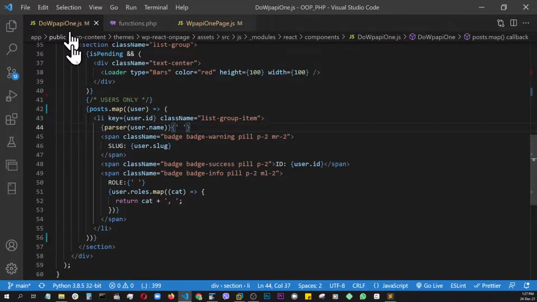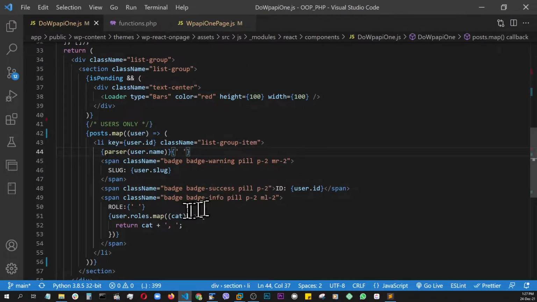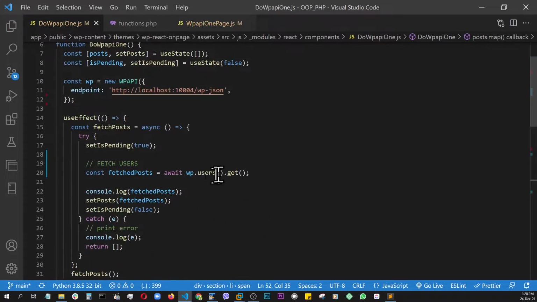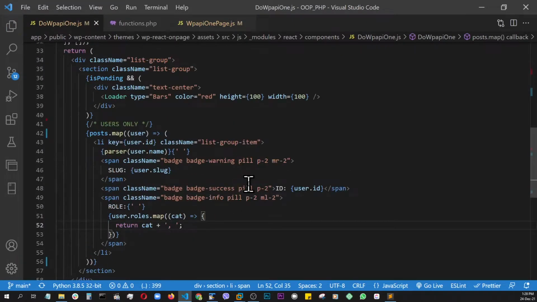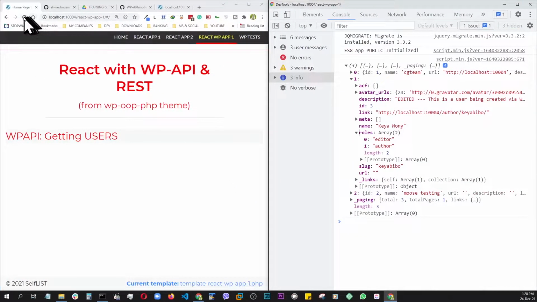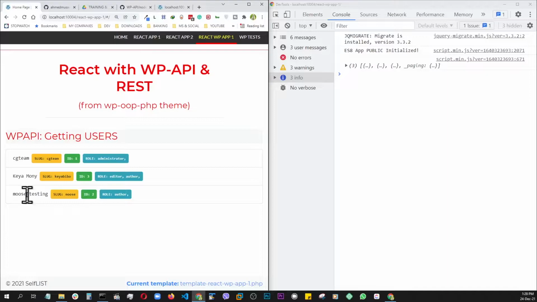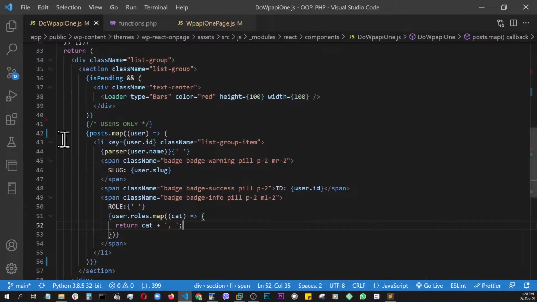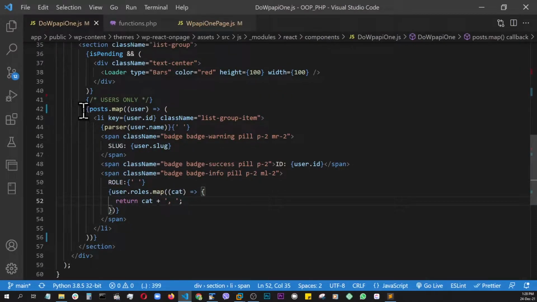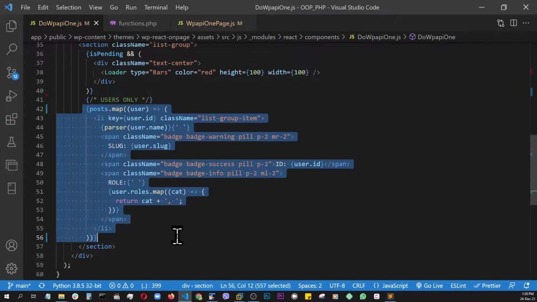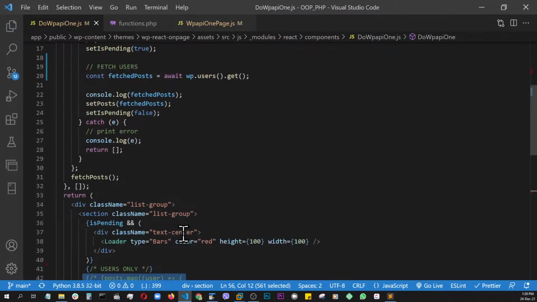Now let's get back. Now all our data items are here, and we're still bringing the users, so let's go see the results. There you go. All 3 users with their IDs and their roles nicely displayed. And at this point, I'm going to go to the singular view. So I'm just going to go ahead and disable this display, because we no longer need to loop through anything,